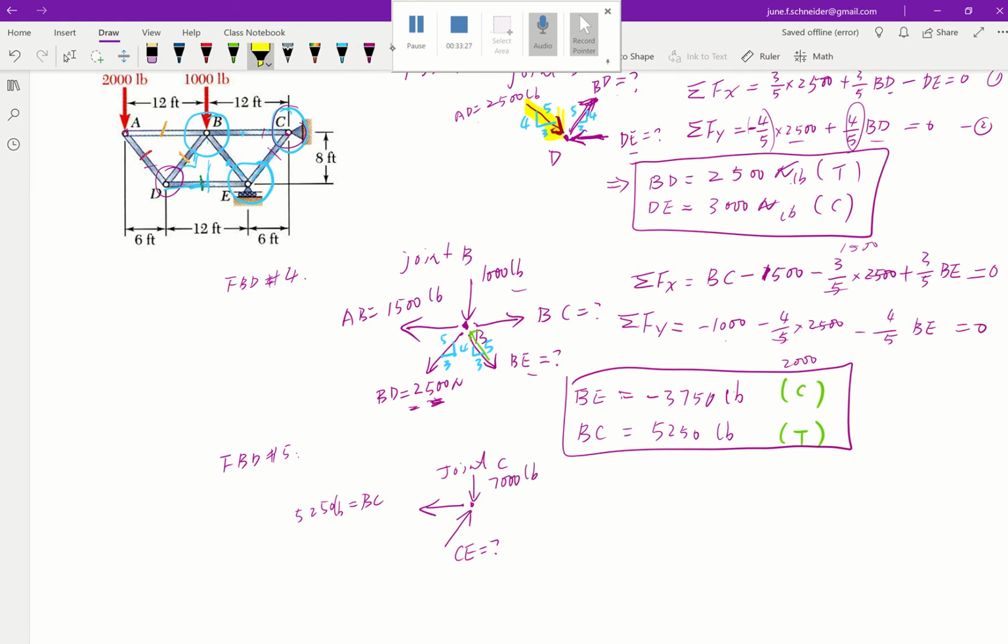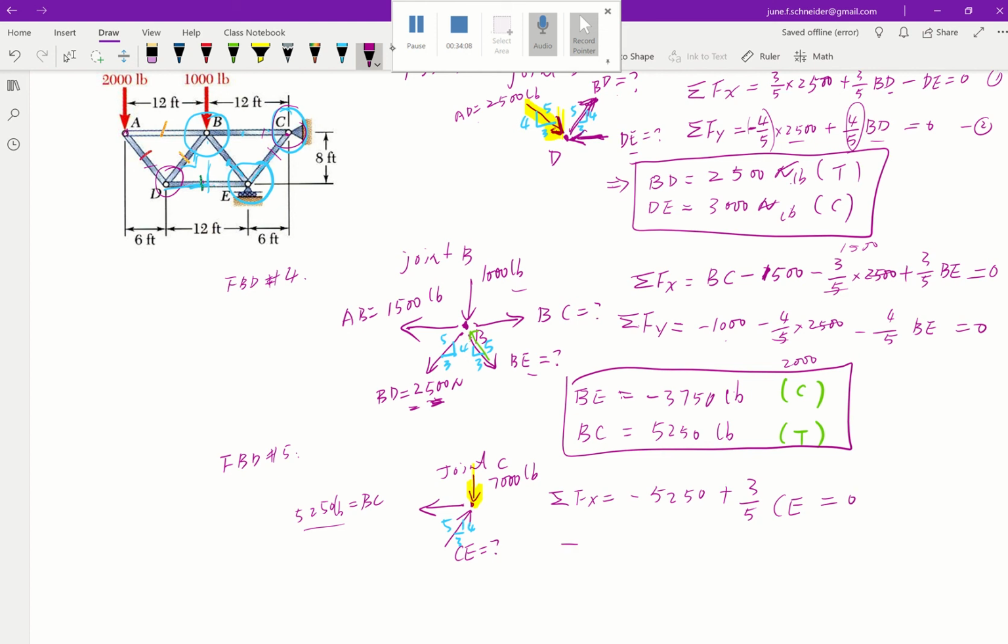I'm going to highlight that because that's important to why we have downward. If we don't get the correct direction here, right, with what we already find, our answer will be wrong, like a snowball effect. Make sure the direction is right. Now, knowing that, we can go ahead and write down our equations. Our x direction, we have this negative 5250. Then our CE, again it's a 3-4-5 triangle as well, plus 3/5 of CE,